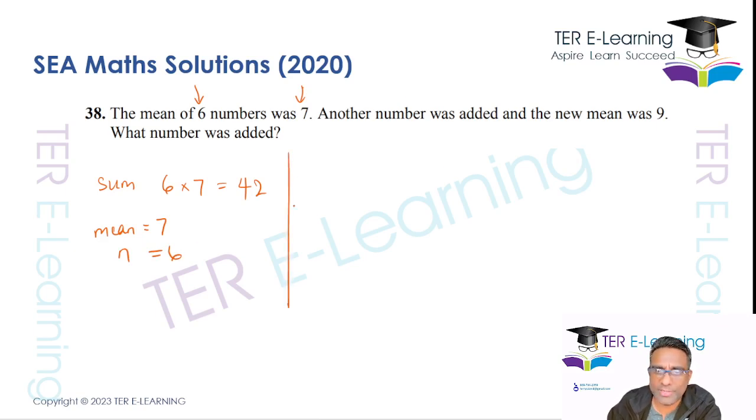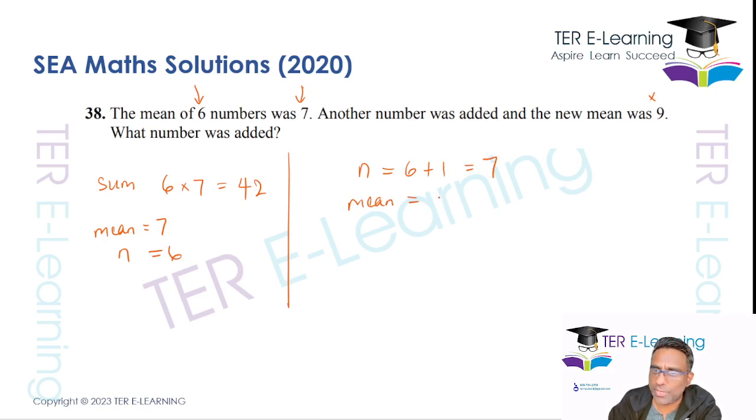Now we have a new thing happening here. Another number is added and the new mean is 9, right? So therefore, in terms of numbers, you had 6 originally, and then you're adding a new number. So therefore, you now have 7 numbers, right? And your new mean, so the mean now